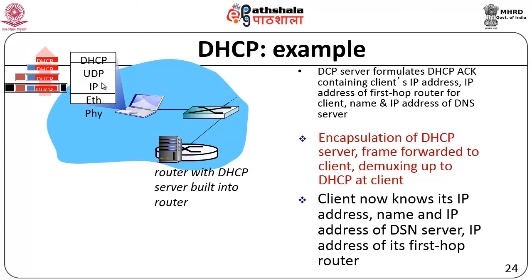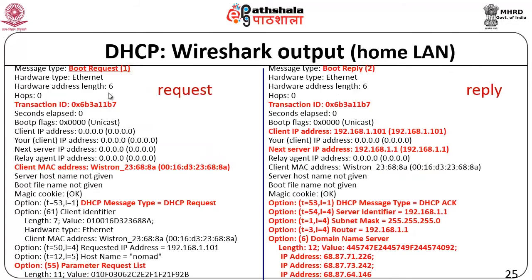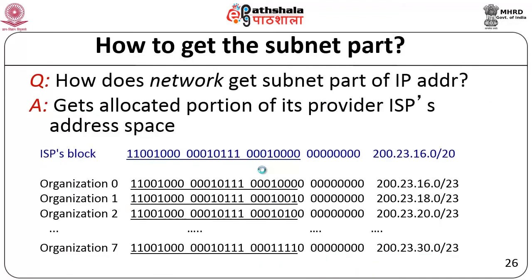This is just an example of what a Wireshark output would look like. Wireshark, if you are familiar with it, is a network analyzer program. You can run this Wireshark program and take a look at what kind of information actually flows on your network when a DHCP request is sent and a DHCP reply is sent. You will find that there is so much information exchanged between the client and the server. This is just a snapshot of that. You can run this program and check it out for yourself.